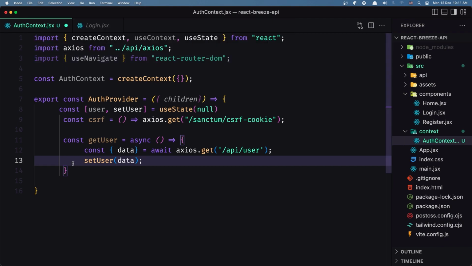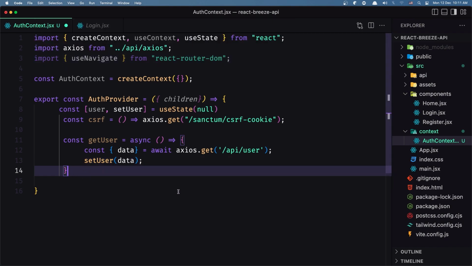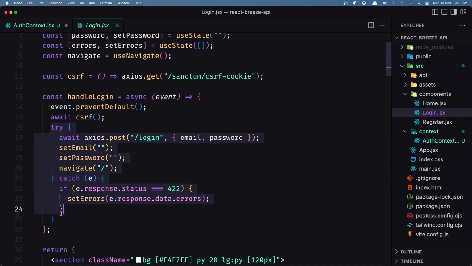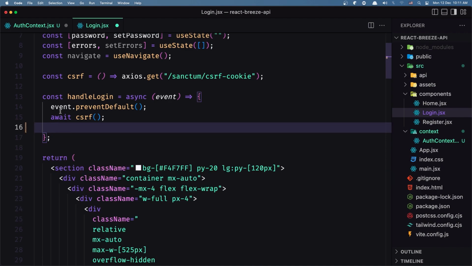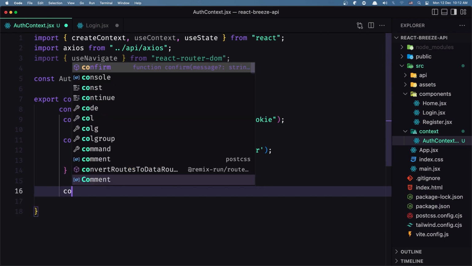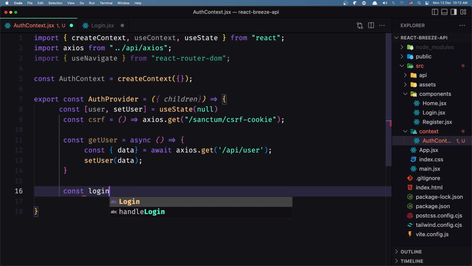So let's create the logic for the login. Here, I want to cut this and come here, and let's create now a constant and say login,